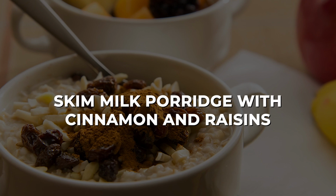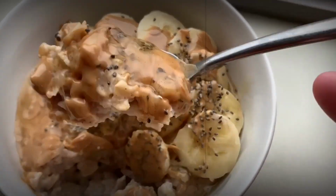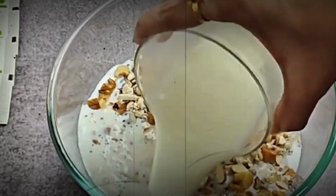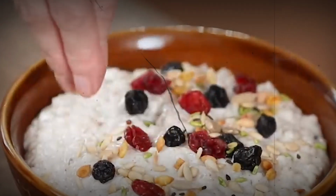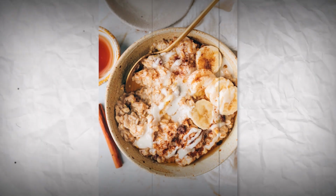Skim milk porridge with cinnamon and raisins. In the lean years of the Great Depression, porridge was more than just a humble breakfast. It was a warm embrace against cold mornings and empty cupboards. Made with cracked wheat or farina and cooked gently in skim milk, this porridge was creamy and filling without relying on costly ingredients like cream or eggs. The addition of raisins and a sprinkle of cinnamon transformed the simple dish into a comforting treat that lifted spirits